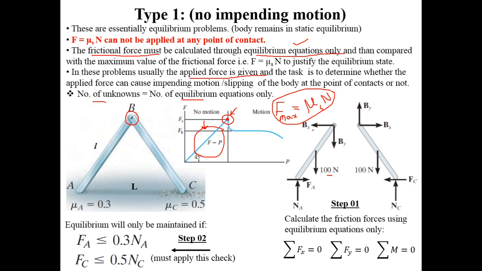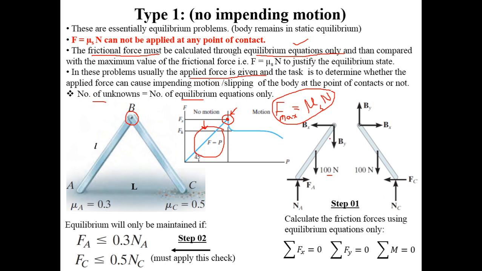Okay, here it is shown in the negative direction, and the By is also in the negative direction. It's pretty obvious that this is actually arbitrary. You can also assume it to be in the upward direction. Then you have to show the weight of the member since it is given, it is required. Because the condition is that we have to find out under the action of this weight whether the equilibrium will be maintained or not. So you have to show the weight of the member here,